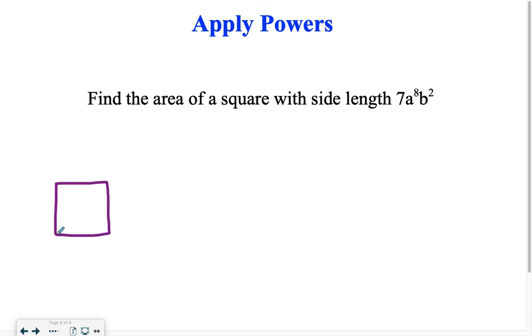All right, so side length 7, a to the 8th, b to the 2nd. But when we find the area of a square, we just multiply 2 sides together, right? And a square has all the same sides. So another way to write it would be 7, a to the 8th, b to the 2nd,